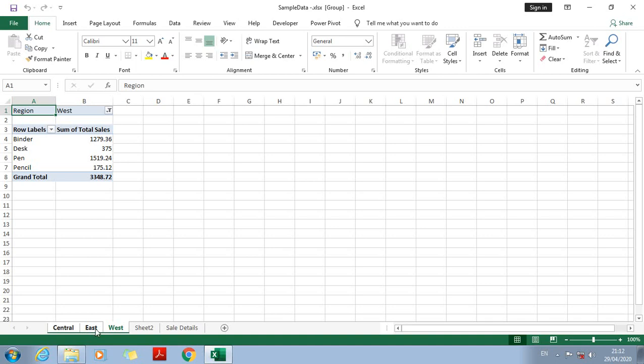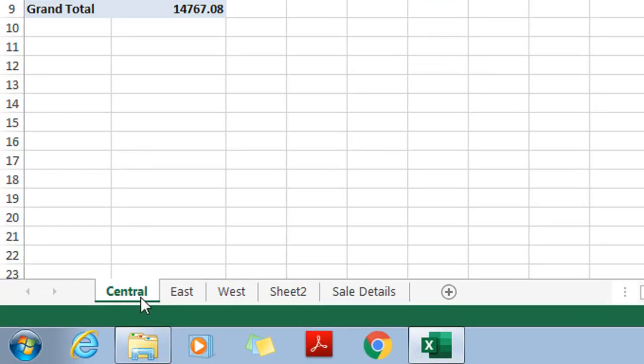What you can do is select the 3 region sheets. You can select multiple sheets by selecting the first sheet and then pressing Shift and selecting the last sheet, up to the sheet range you want.